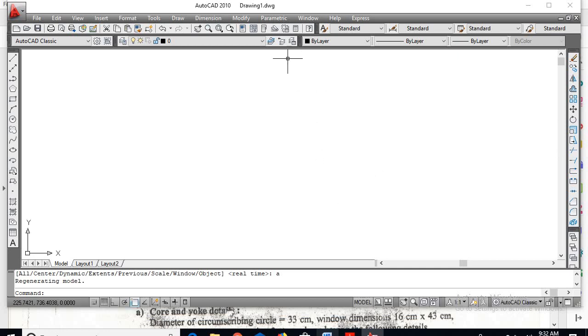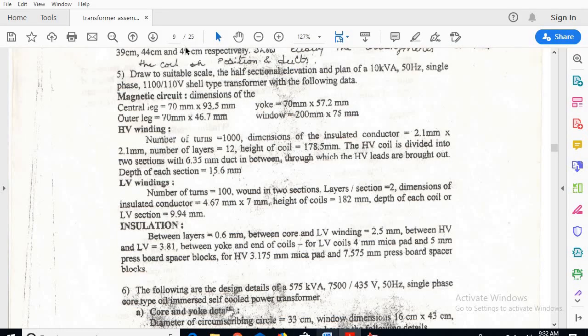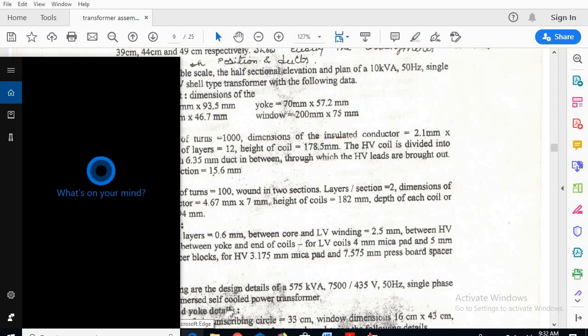So now I'll go for the plan. So the overall length of the plan, I'll go from the outer dimension. I'll go for the calculator.